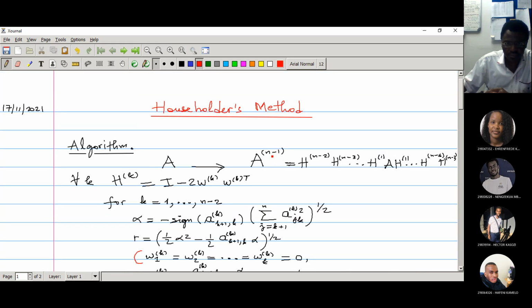Here, n minus 1. We will compute up to n minus 1, which is